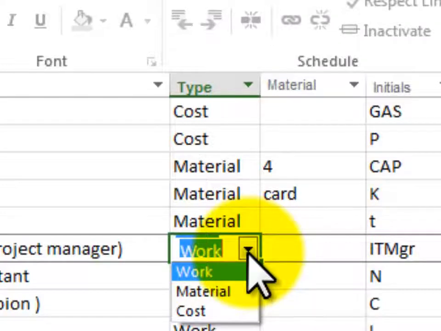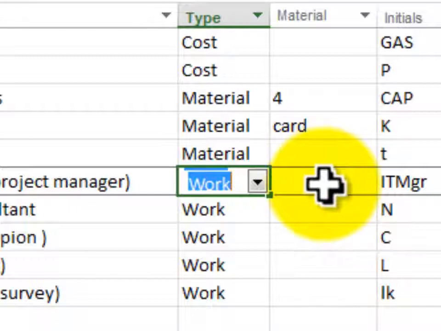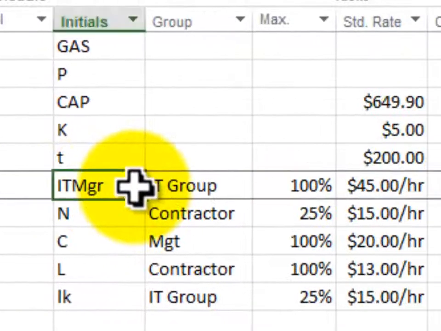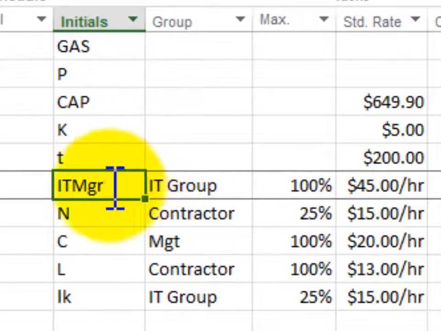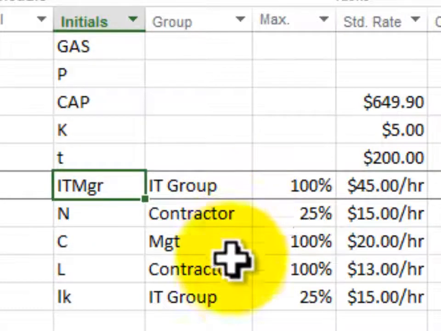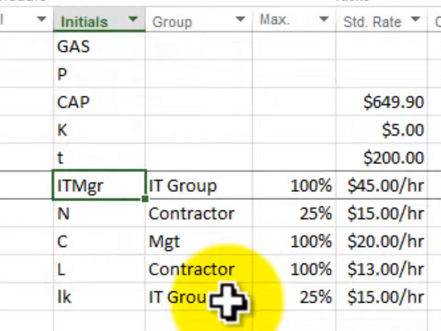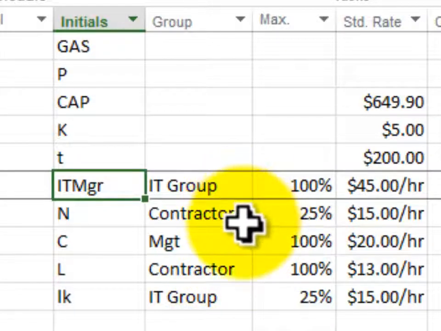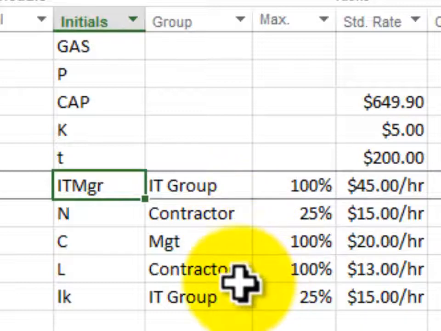You'll notice that we can put in the material here. That doesn't go for this column, but we've given him initials of IT Project Manager, and you can use initials here if you want to. I don't find those very useful, but it is kind of interesting to be able to put in resources by initial. Now, just to identify, he's part of the IT group. In other words, he's internal. You'll notice that Lamilia is also part of the IT group, but we have 2 contractors, the network consultant, who doesn't have a name yet, and Lori, who is a contractor, and she's in testing.